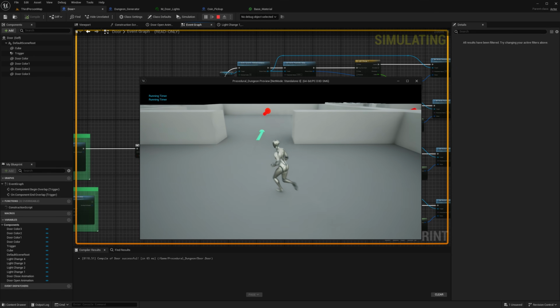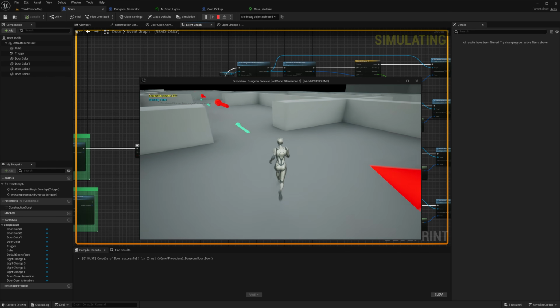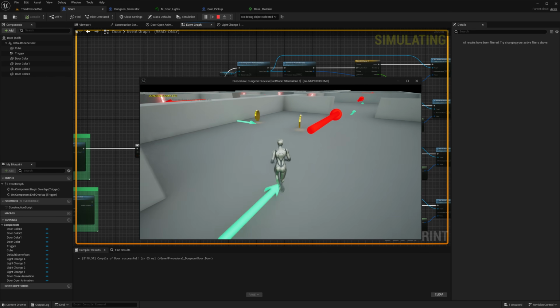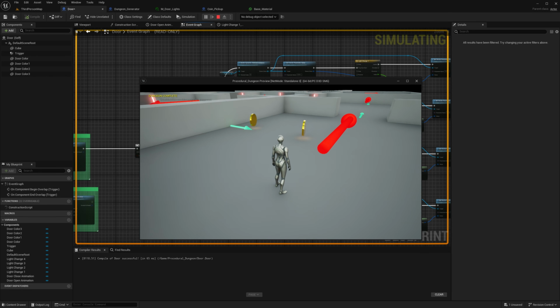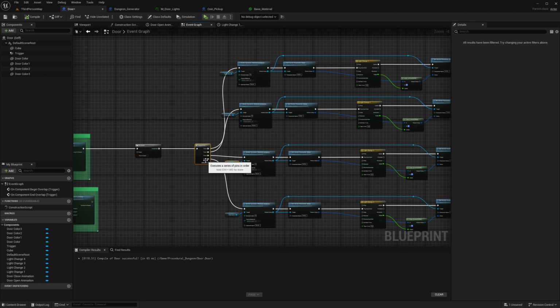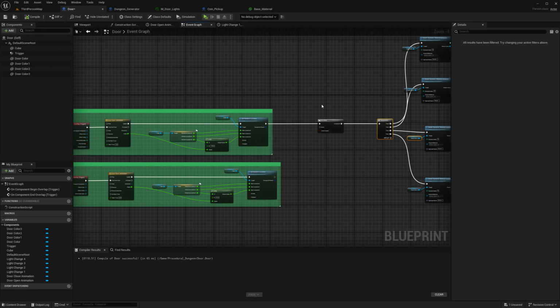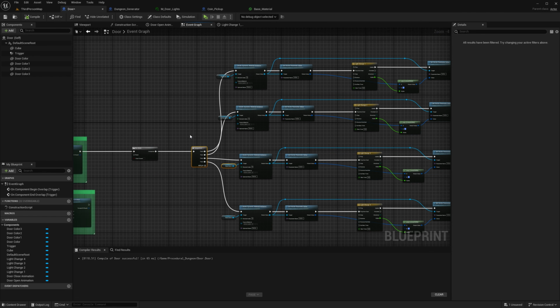Usually when you have been working on your game for a long time, every time you press escape to get out of this level, a ton of errors and warnings will pop up because a lot of problems are in your blueprints, right? But so far in this system I've been making here, we have no errors, and that is fantastic, guys. That just means that we are doing something right.